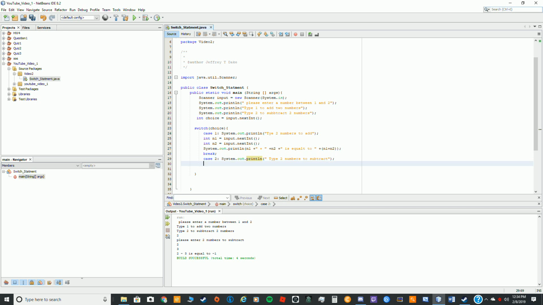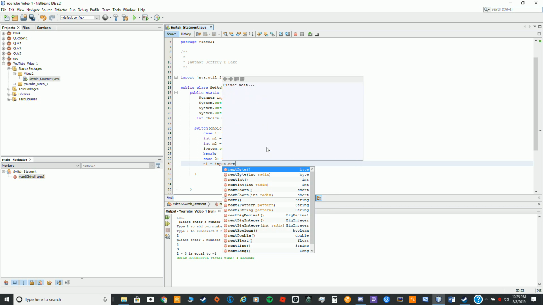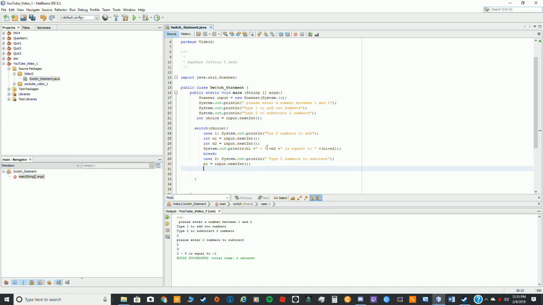Okay, so since we have the integers 1 and 2 already up there identified, we do not have to re-identify n1 and n2 as integers in here now. So that is the beauty of using the case or switch and case system. So we're going to do n1, there we go, n1 equals input.nextInt, and then just do the same thing with n2. There we go. So we'll get that part taken out, and then do